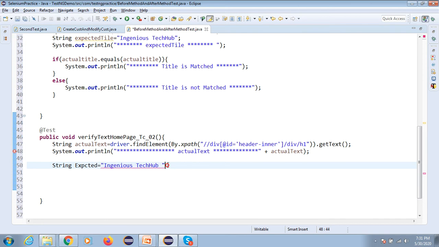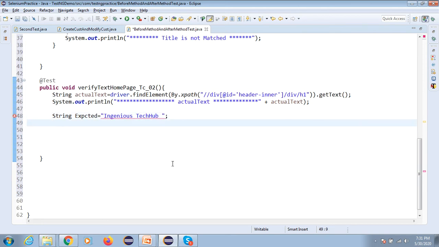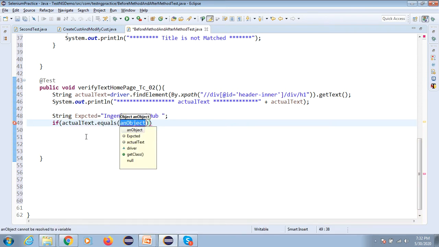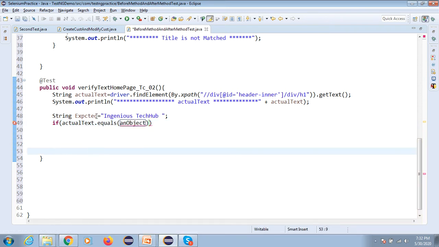Whatever we have learned, I will not explain all the code. I will not repeat all the code. I just want to show you one example. After that, you do the practice. Whatever we have learned in basic Selenium, all the code you can implement using TestNG. And TestNG is a very beautiful tool.